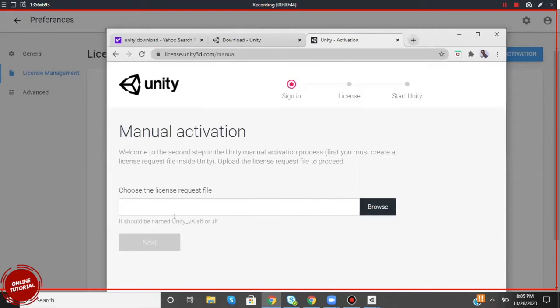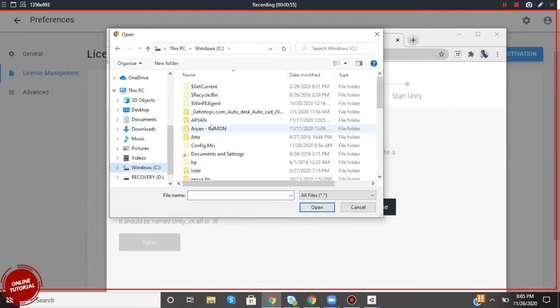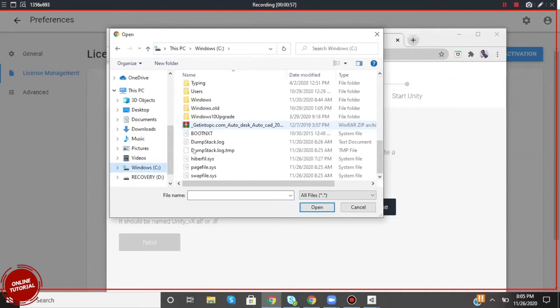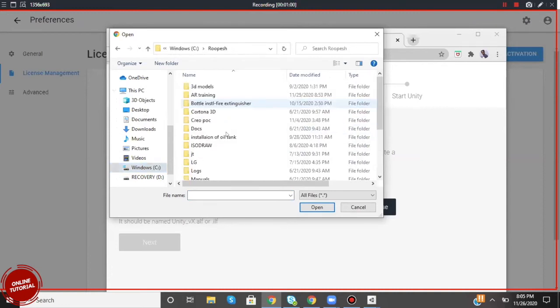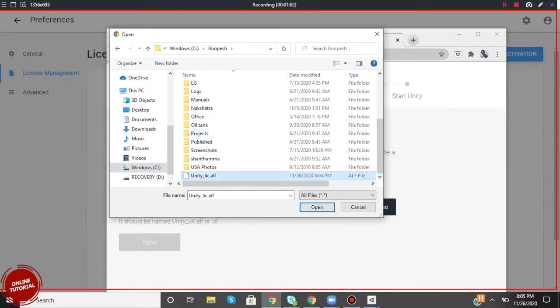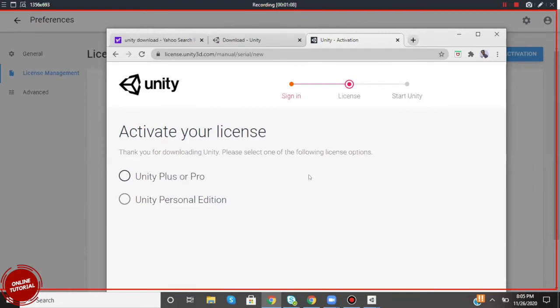Now browse the file which you have saved. Okay, Unity Personal edition.